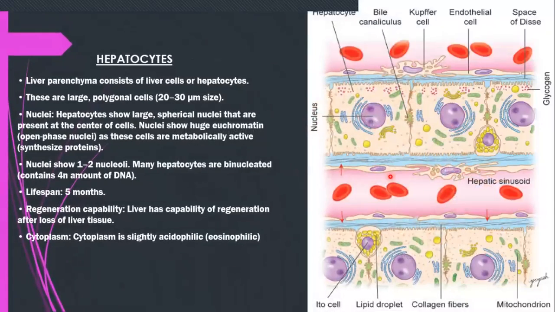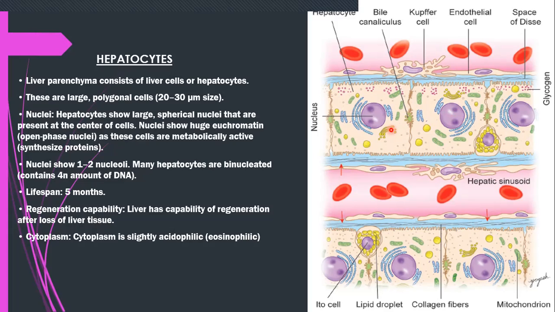So let's look at the hepatocytes, the liver parenchyma. Now, hepatocytes are large polygonal cells, and they usually show an open-faced nucleus with two or more nucleoli. Okay, you can see like here, this has two nucleoli here. Why? Because remember, nucleolus is the site for synthesis of the ribosomes, and these cells,